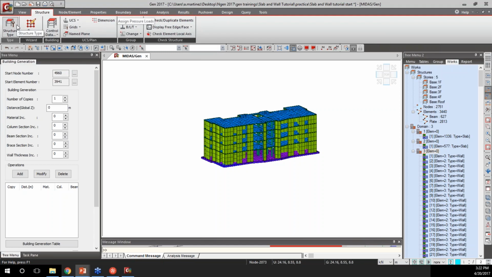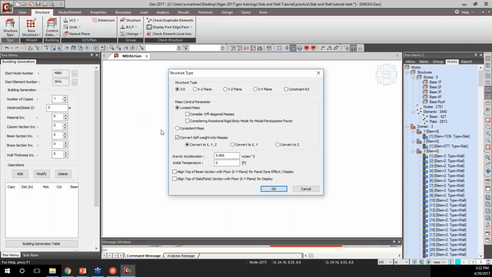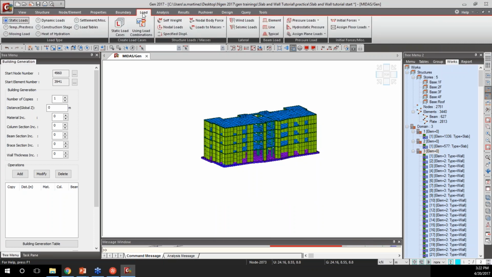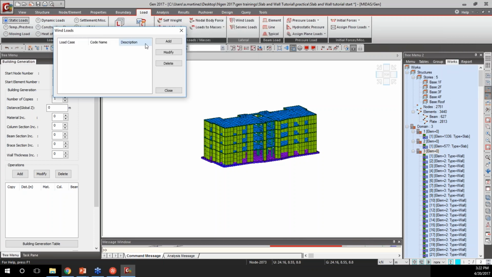The other thing I'm going to do is go to structure type, and I'm going to convert the self-weight into masses. Activate this. So now we can proceed to assign the wind loads. I'll go to load. I'm still under static, and I'm going to do lateral wind loads. This is something we've been showing in previous examples as well, but we'll just include this